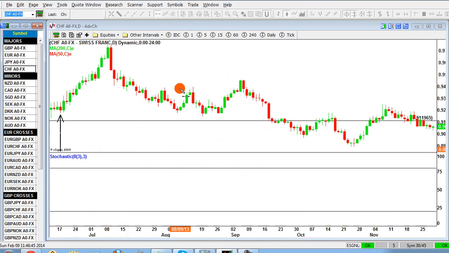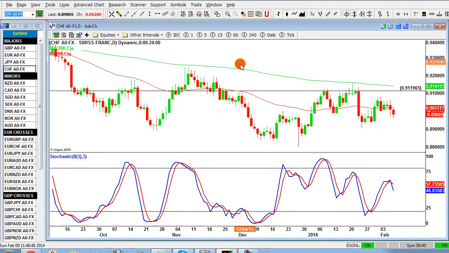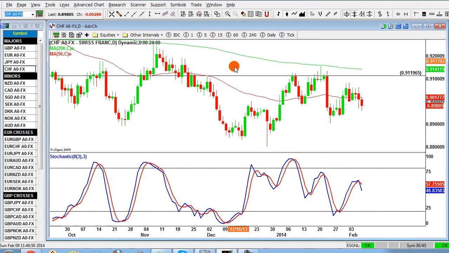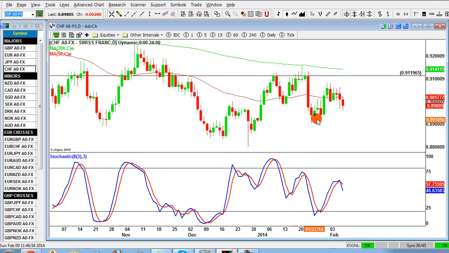Dollar Swiss should really be a replication of the euro. It should be the opposite scenario, but it's actually giving us a little bit more clarity in what it wants to do, because we've had the new low, we've had the lower high, so now we've got confirmation that the market wants to head lower. So it is really mid phase 1. We've got this beautiful confirmation on the stochastic that the market is converging still. We've seen the turn and the market is moving down strongly,